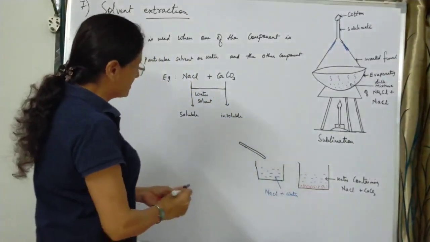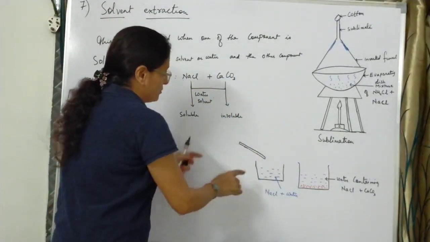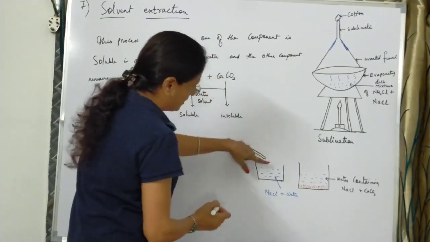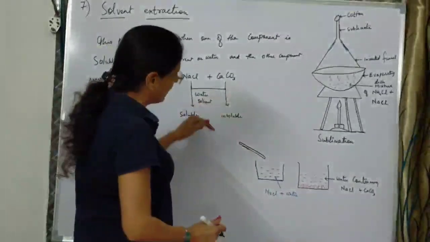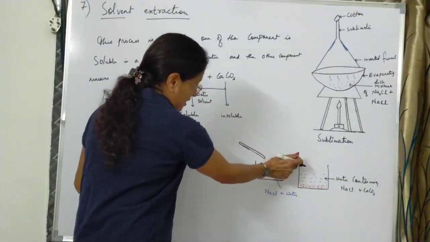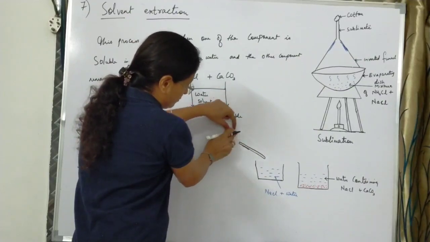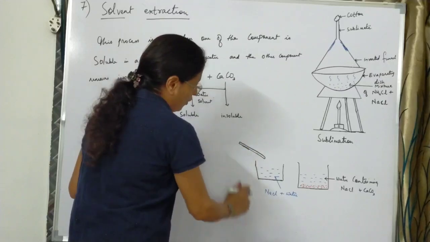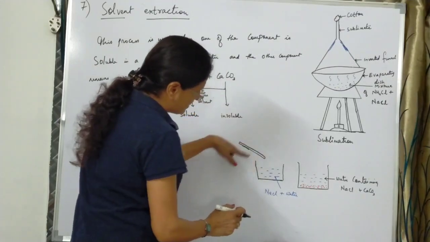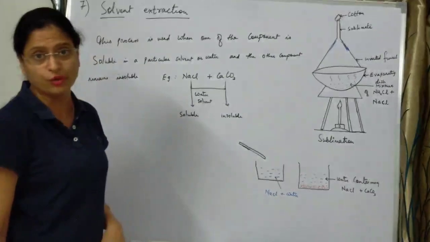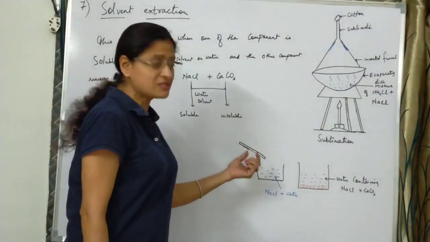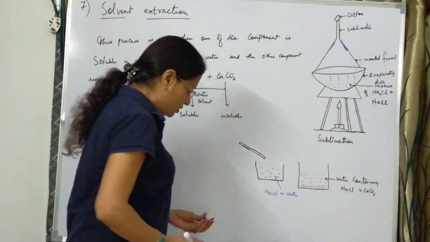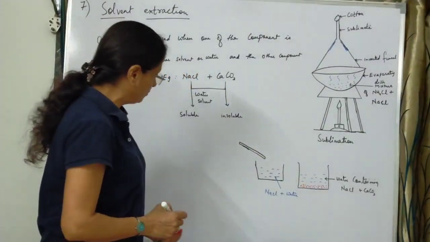Okay. After this, what can we do? This is a glass rod which is helpful for pouring down this liquid. I've been telling you again and again why we use a glass rod. When you are pouring, you take this beaker, and with the help of this glass rod, the water will trickle down through the glass rod, so that no liquid will fall outside this beaker. That is why we are using a glass rod over here. So these are certain tricks that we use while working in the chemistry lab. While drawing also, in the exam also, we can always show the glass rod over here.